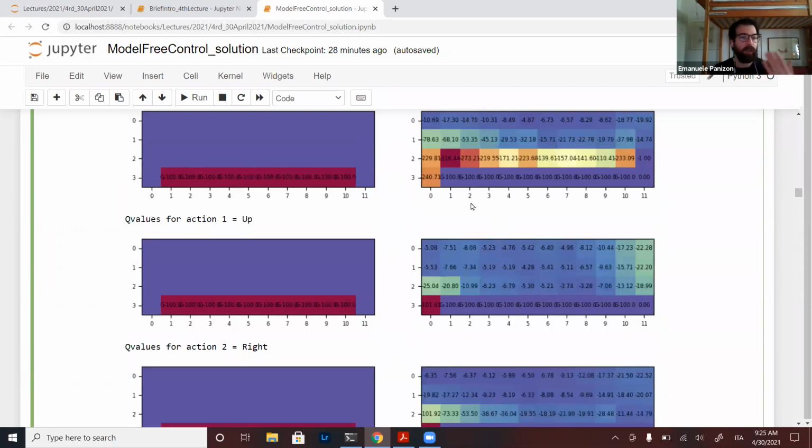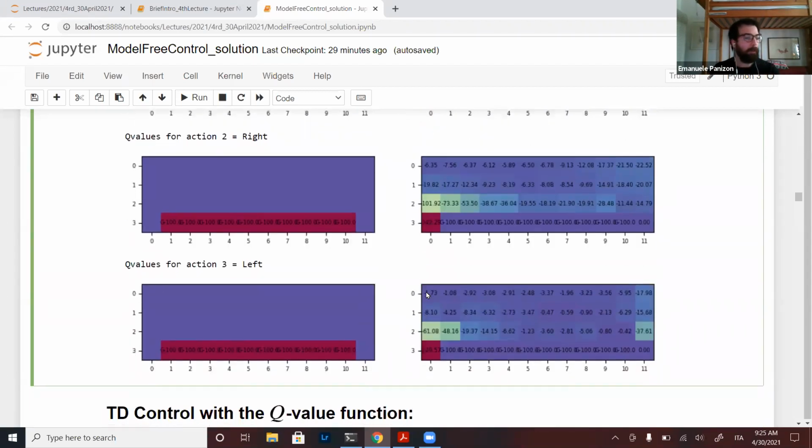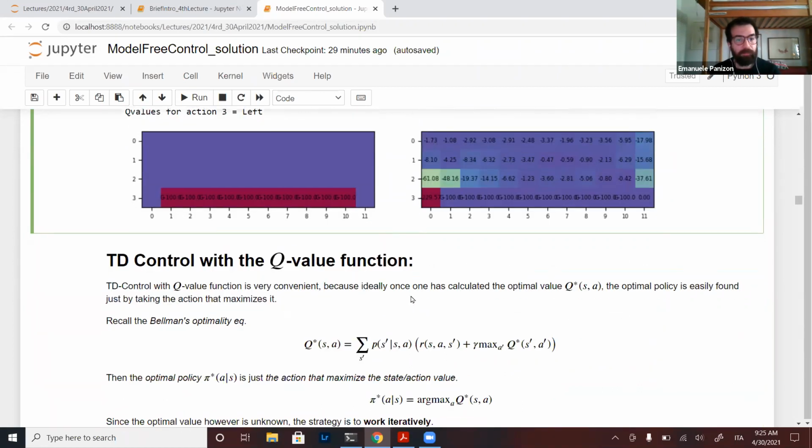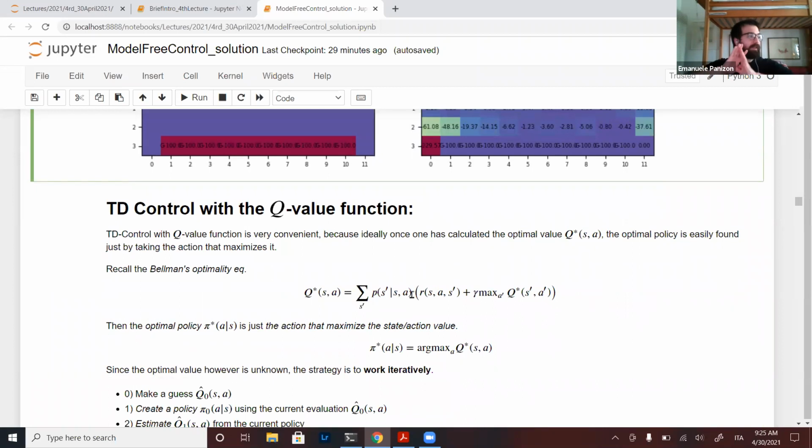So instead of having only one map of the value function, one for each state, you will have as many maps as actions you can take. So if you want to know the value in that position, you actually have to compare all four action maps. This was just what we did in the last lecture, but with Q. This was just what I wanted to show you.